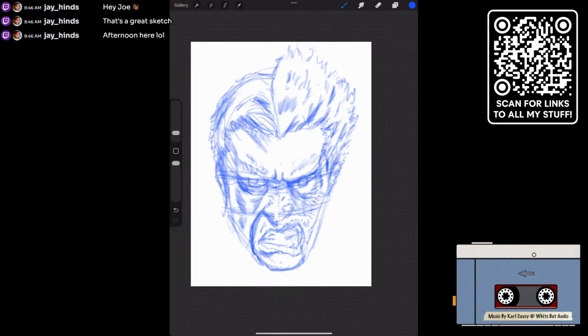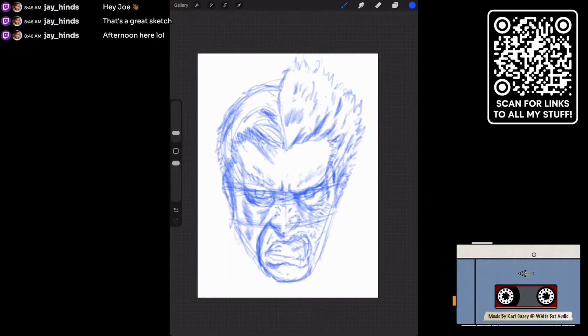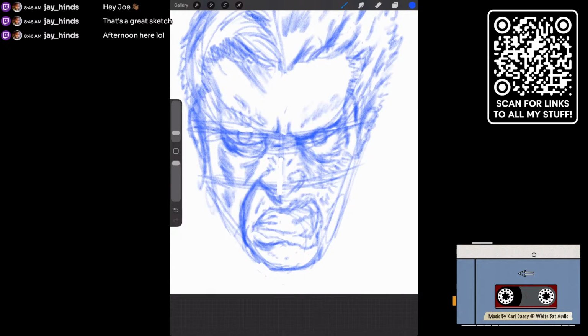Yeah, I mean, I don't know that there's much more to do as far as the basic layout stuff with this. Let me go to that second layer again and just make sure I didn't miss any major... No, because that's all scarred up, so I don't have to worry about that. The mouth. Let me just see. The mouth looks a little weird to me. Let me just make sure I've got that laid in correctly.